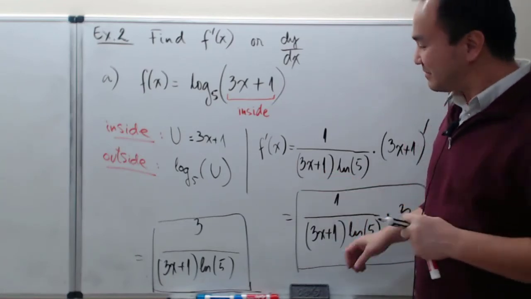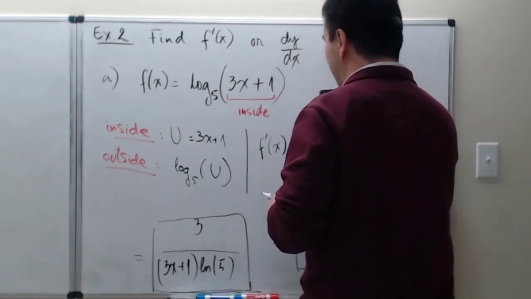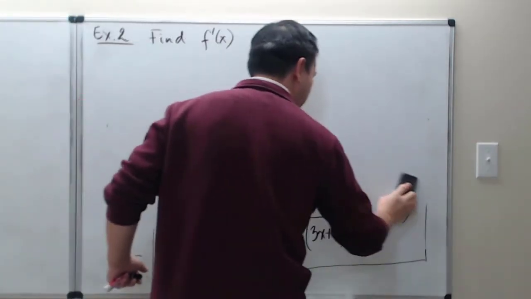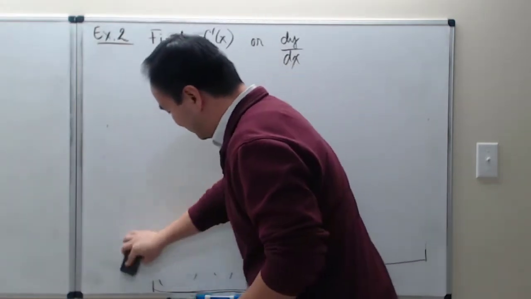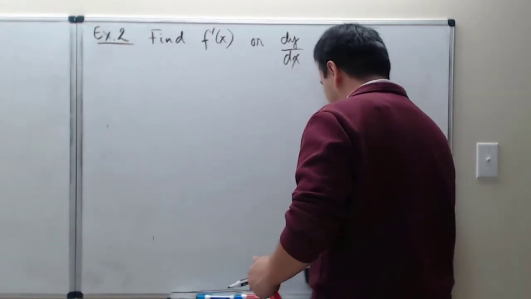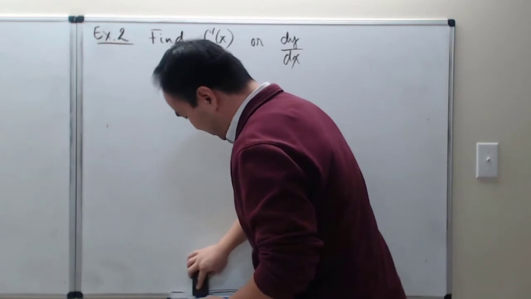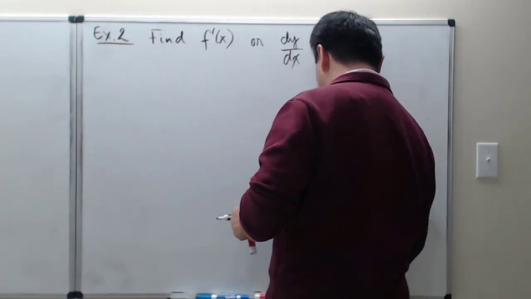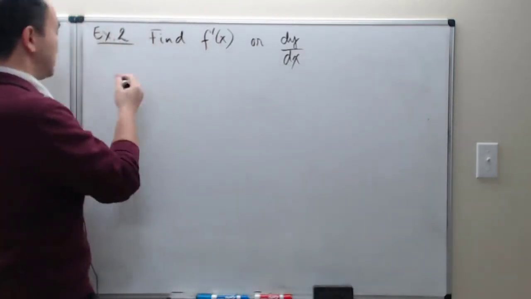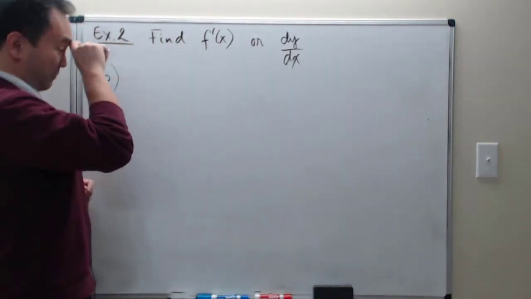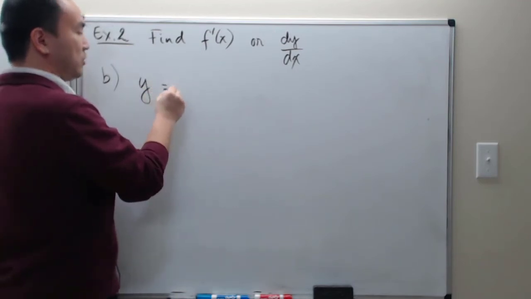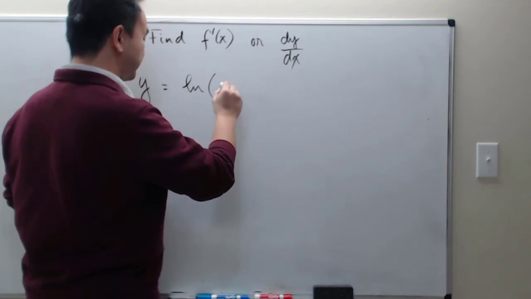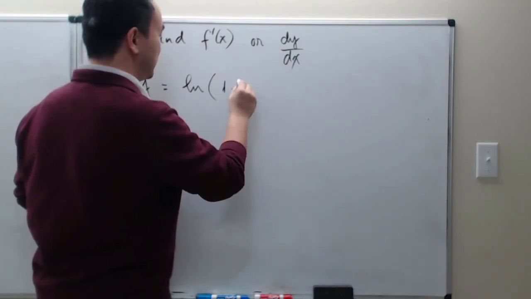All right, and so now I am going to erase. Okay, so all that work is now erased. Let's now look at part B of our example. So how about y equals the natural log of, how about 1 plus